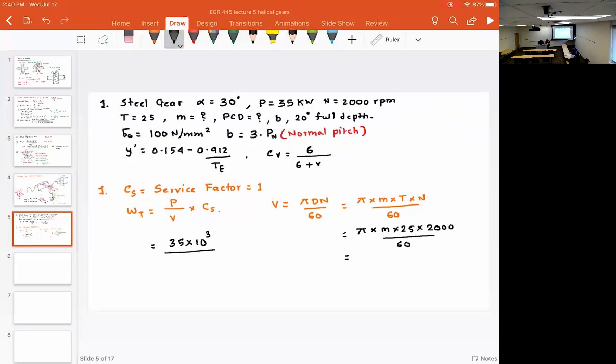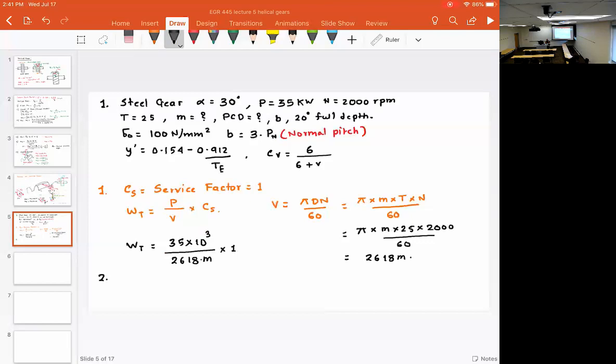It will be in terms of m. 2618 m multiplied by, say, service factor 1 is going to give me the value of Wt. Next step, step number 2,